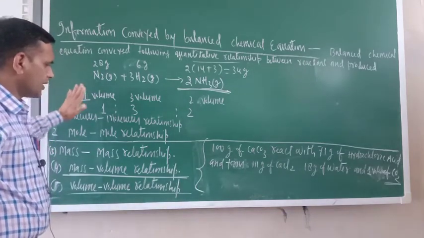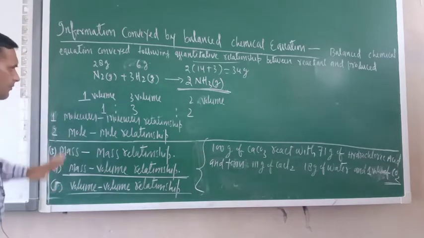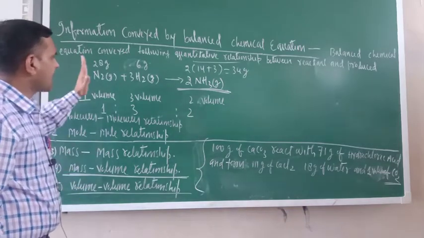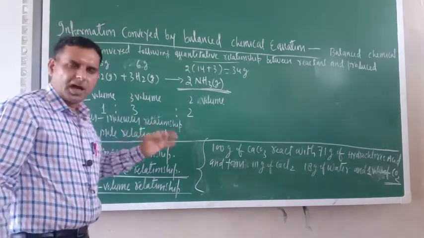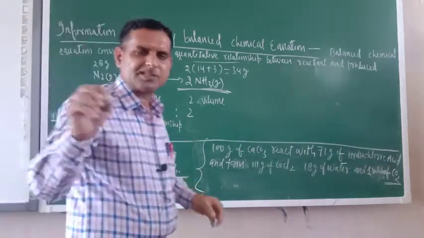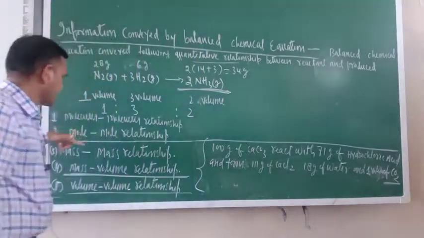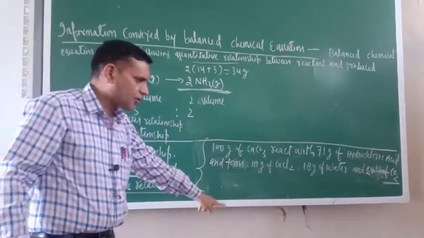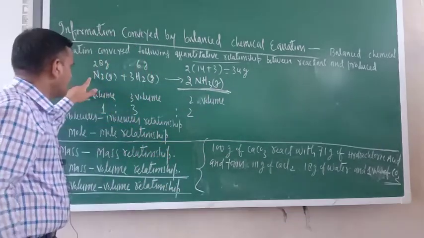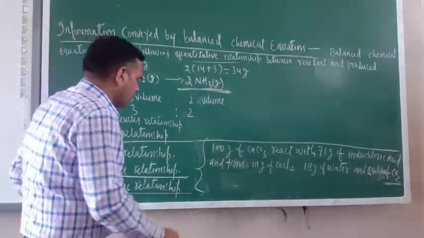Yes. So in this way, all the 5 kinds of information which are conveyed by the balanced chemical equation, I have conveyed to you. And now you can write in the form of a statement also. As I told, 1 molecule like that, which I repeated, and this side I wrote that one also. Volume I will write here. Just see, 1 volume